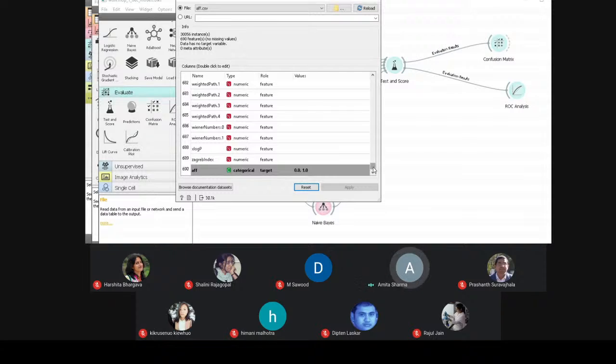And also the important thing is with this option, you can set the target variable. In this example, I have already set it, but you can set any other variable as a target variable if your problem allows it. You can simply select the particular variable by selecting the feature option, that is basically the role of the variable in the data set, and you can select the particular role for the variable. If you want to skip a particular variable, you can again set the role according to the given choices.